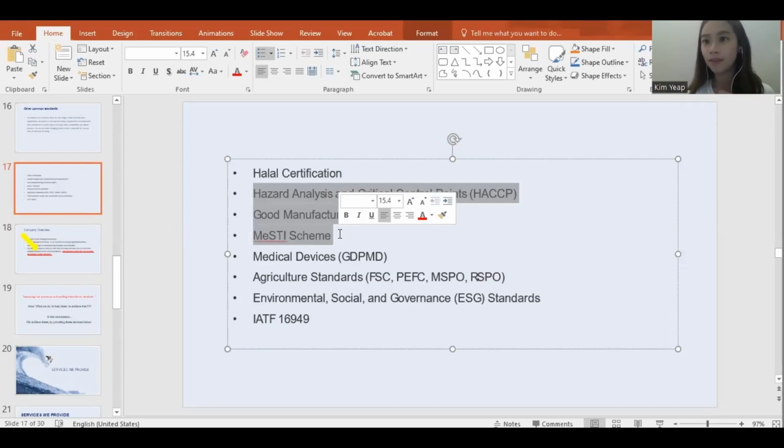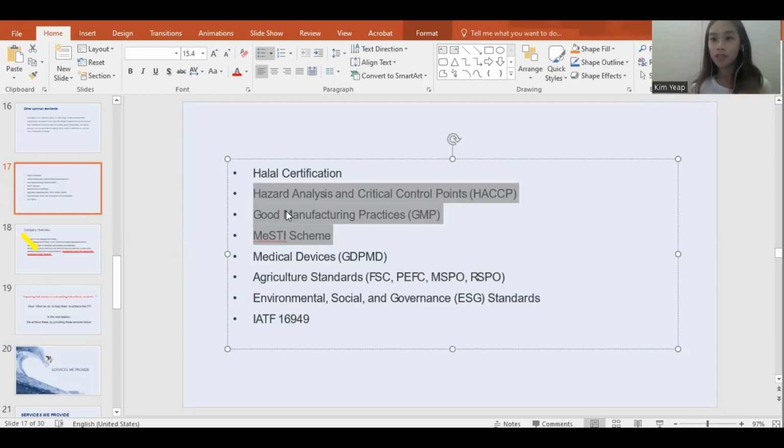So if food safety sounds a little bit familiar to you, it's because, still remember just now when I was covering the ISO standards, I did talk about food safety as well. If we can recall, it was actually ISO 22000, okay? But other than ISO 22000 that helps people take care of food safety, about the keselamatan makanan, there are actually other standards that talk about food safety as well.